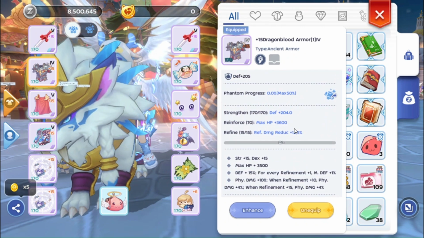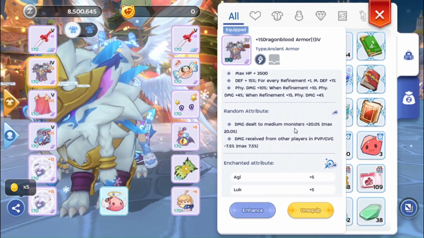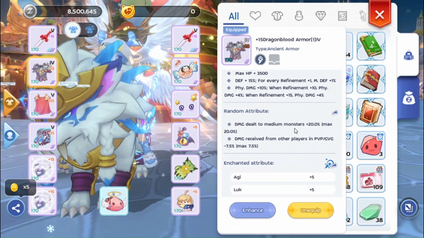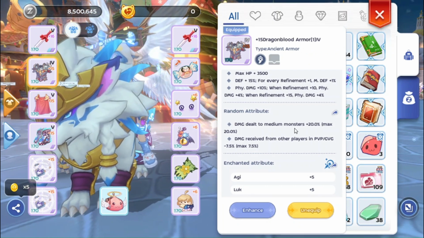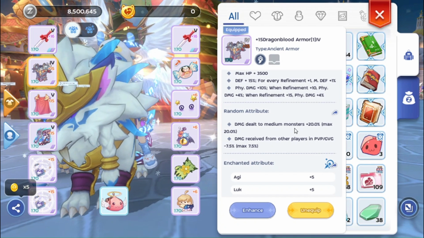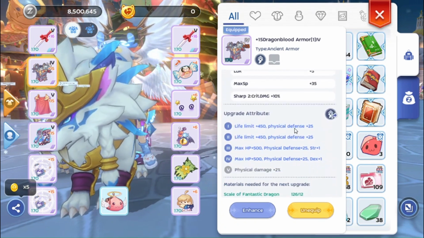For armor, my choice is the +15 Dragonblood Armor Tier 4, with an attribute that boosts damage to medium-sized enemies by 20%. I prefer this armor because, in a dual dagger setup, there's no natural boost to physical damage increase, so this piece compensates for that gap. Its enchantment adds 10% to critical damage, and for now, I'm using a Poi Tata Star card while searching for